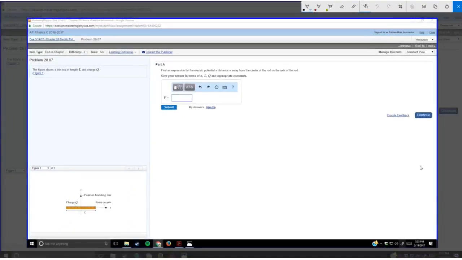Let's see. So yeah, this one, you do your slices. You have some slice here that has some charge dq. It's uniform. We're assuming it's uniformly charged. Doesn't really say otherwise. So dq over dx should equal q over L, or dq equals q over L dx. Okay, and then